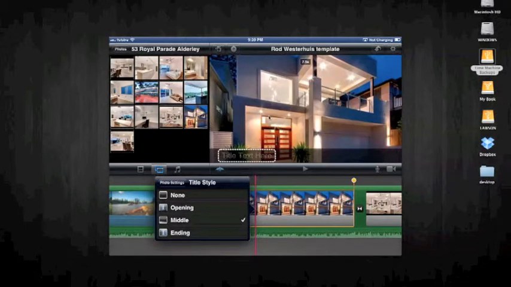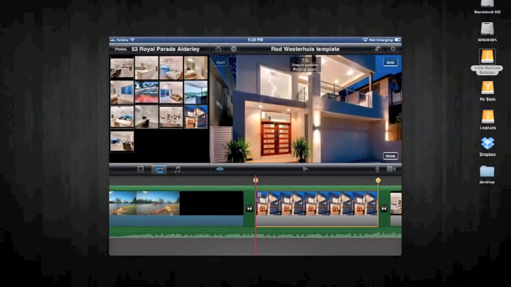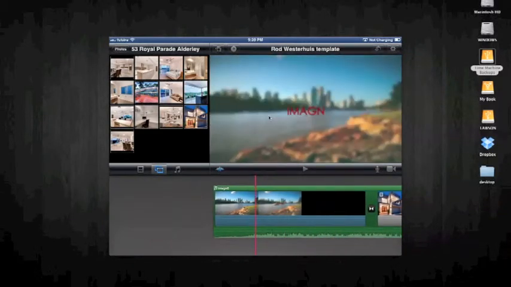Now what I'm going to do is press on the text and I'm going to add the property address. So I'm going to put in 53 Royal Parade, comma, Alderley. Okay, all good, and say done. Okay, so that's finished. So if we go back and we start to play this, we can see we get